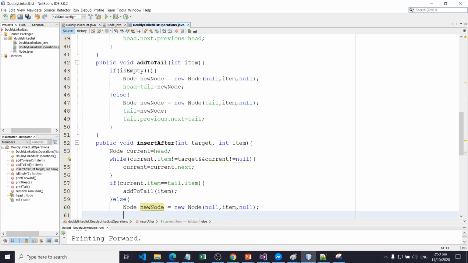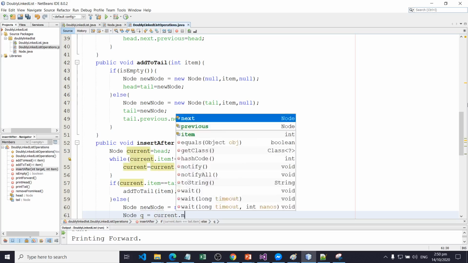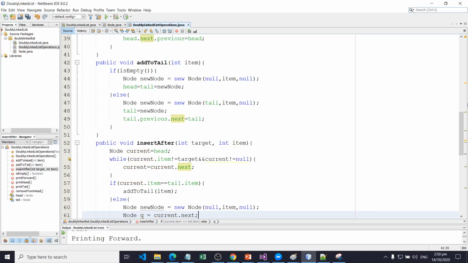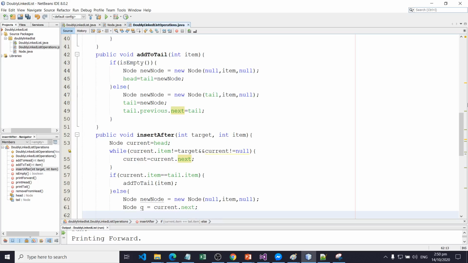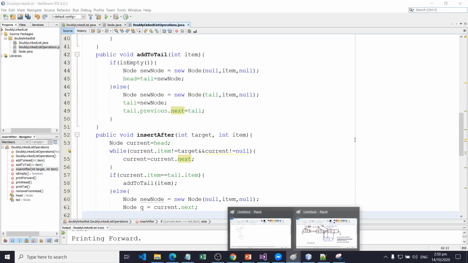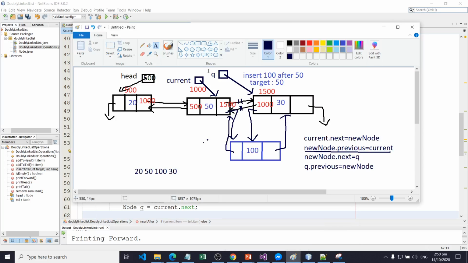Now we need a temporary reference variable q. Say for example, q will be pointing to the current dot next, which is this one. Since this is our current, let the current dot next be pointed to by the reference variable q.